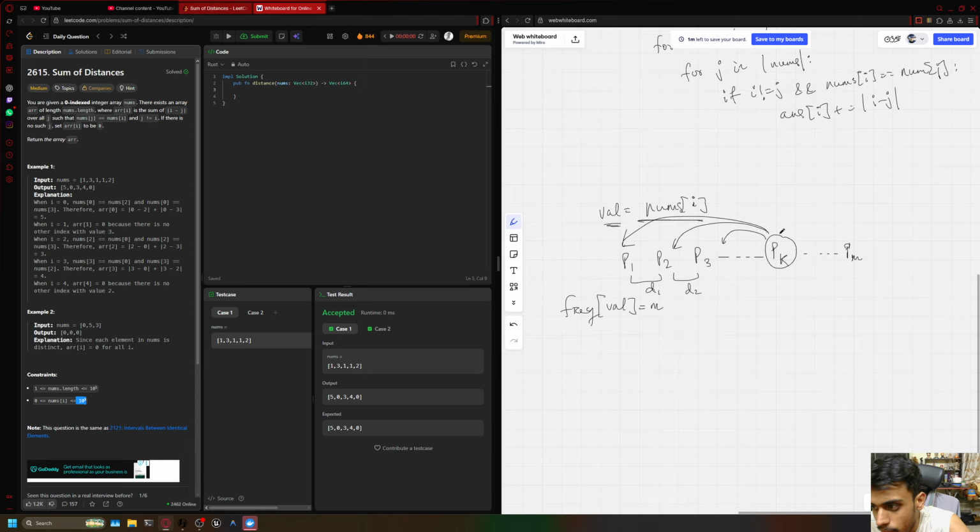And then from the right also, like pk to, let's say, pk plus 1. Similarly I will be going to the right, and finally up to pm. Now if you see here, for some pk index, I need to get the sum of all the left distances, and I need to get the sum of all the right distances. So the answer for pk